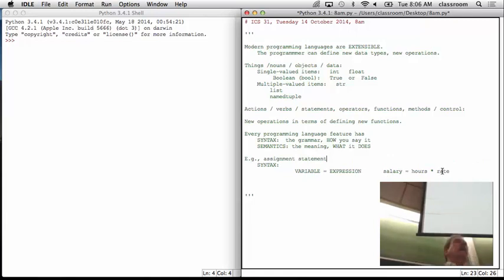An expression is just some phrase that Python can figure out the value of. So for that expression to be a valid expression, the variable hours has to have a value somewhere earlier. The variable rate has to have a value somewhere earlier. And if those two variables have values, then Python can evaluate the expression, figure out the value of the expression by multiplying those two numbers. And then the semantics of the assignment statement are